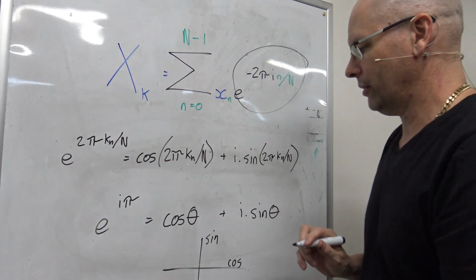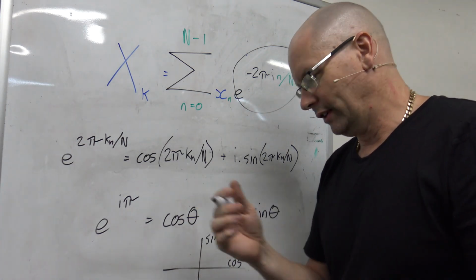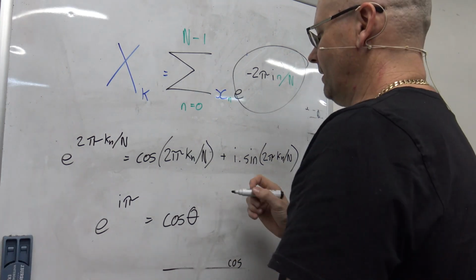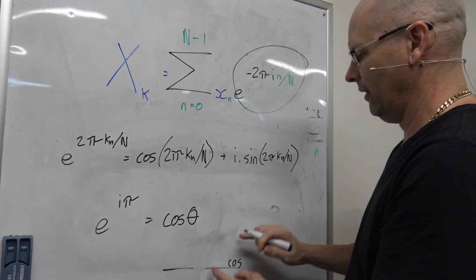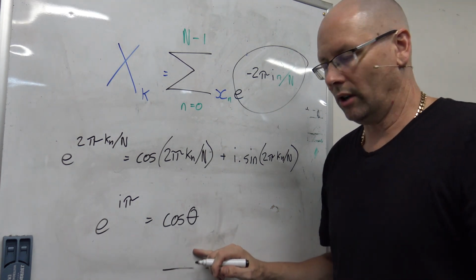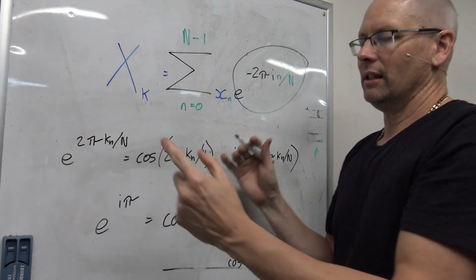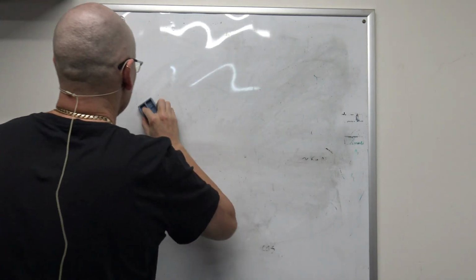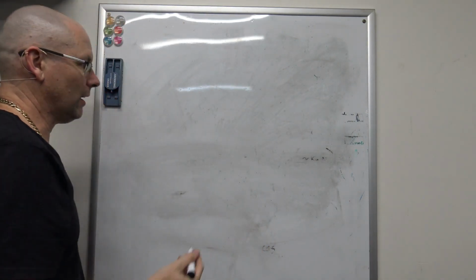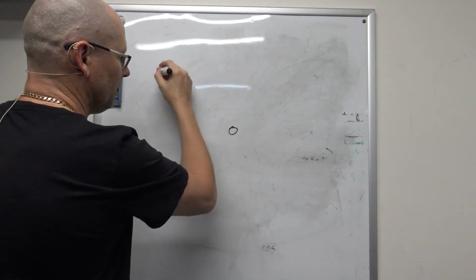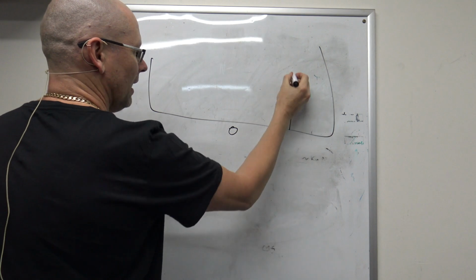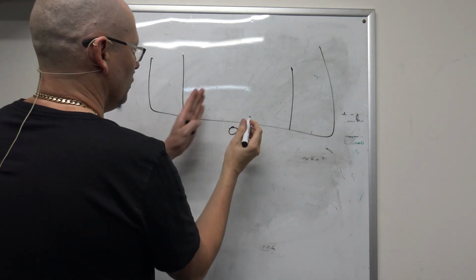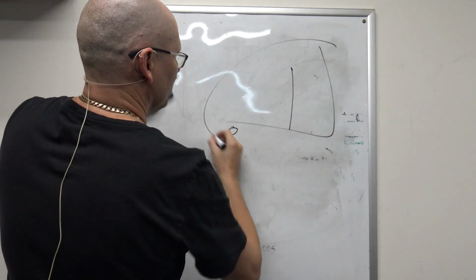But when you're doing real samples only, without the quadrature 90-degree phase shifted ones, you don't have a sine value, which means you don't have a value up there. And the thing about that is, when this formula all works out, if you don't have any quadrature values, any sine values up here, what you end up with is a mirror image. But there's no extra information there, so it's usually just disregarded. So that's why when you see real sampling only without complex sampling, you'll have your 0 point on your frequency display, and whatever signal you have up here, you'll also have a mirror image of down here. But as I said, there's no extra information, so usually they just disregard that and only show you the positive